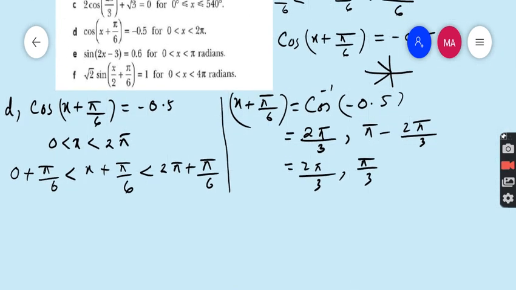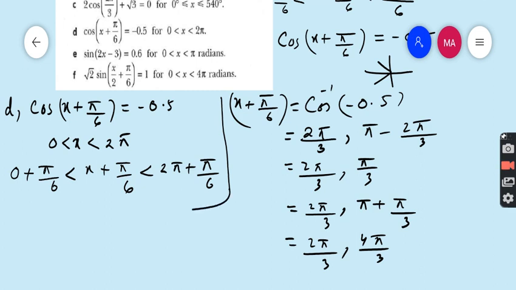Our first answer is 2 pi by 3, which is in the second quadrant, and for the third quadrant we must add this basic angle to 180, that is pi. So 2 pi by 3, 3 ones are 3, 3 plus 1, 4 pi by 3. So two angles have arrived: one is 2 pi by 3 and one is 4 pi by 3. But this is not our answer,